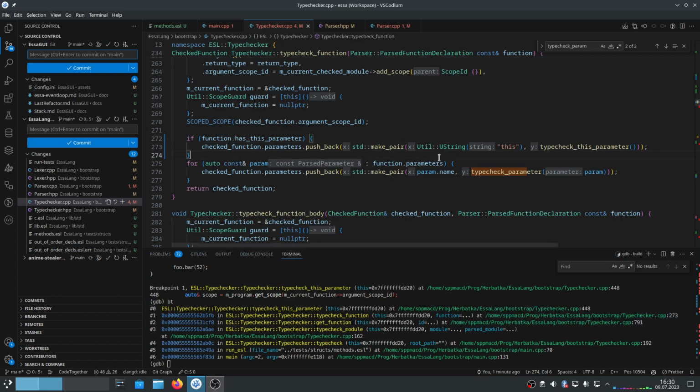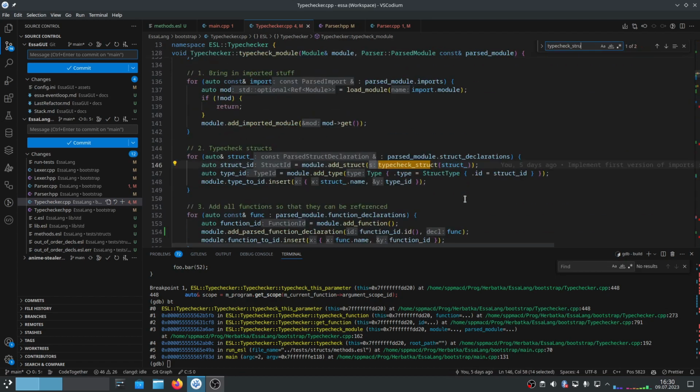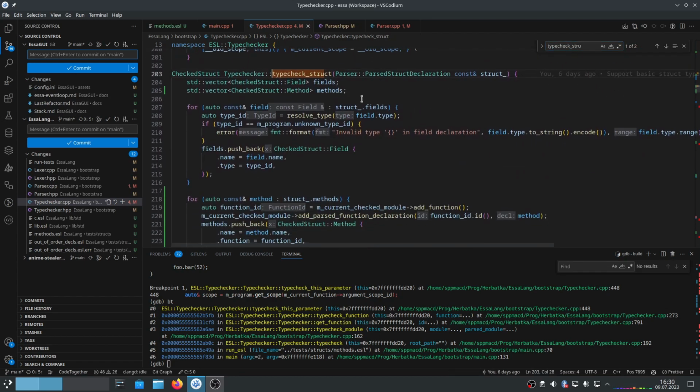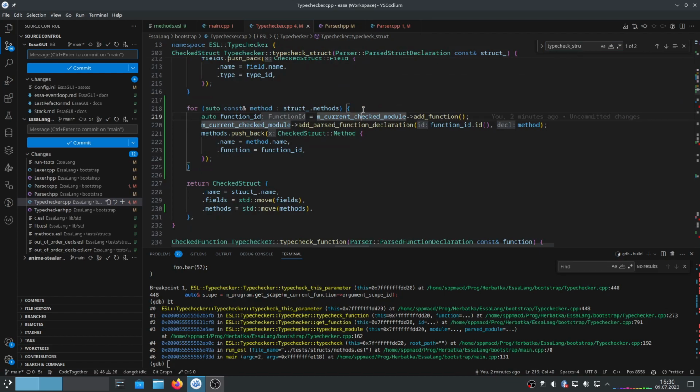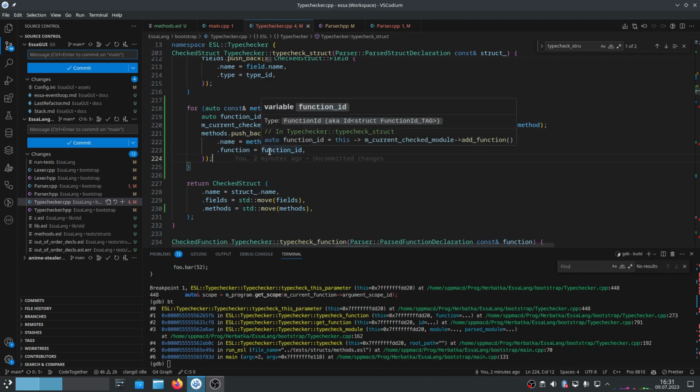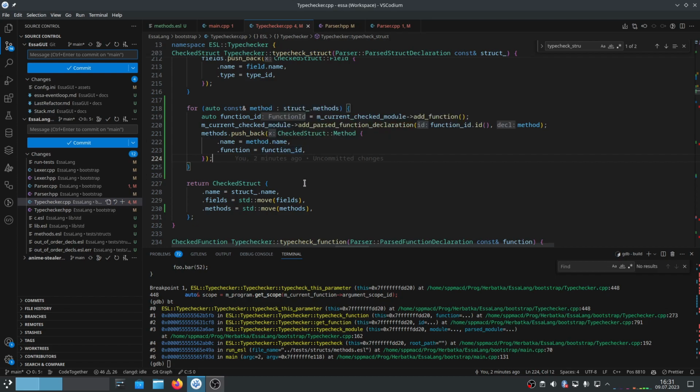Okay, let's go to type check rack and see what happens here. So we add a function, and then the only information that we have about the method is in the struct itself, but the function doesn't know that it is a method. It knows that it has this parameter because the parsed function has this parameter, but